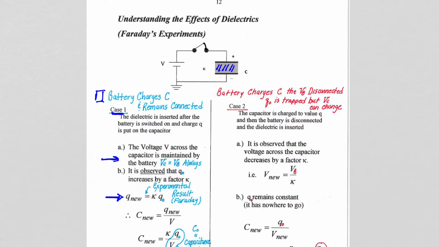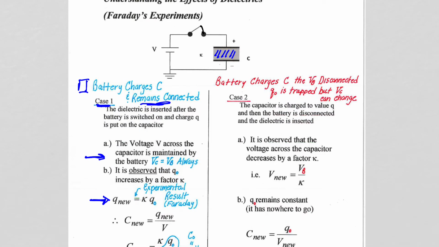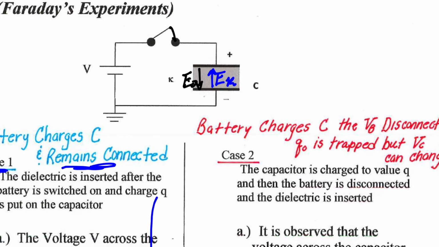So in case one, that's the battery remains connected case. The voltage remains the same because the battery is maintaining the voltage. And we understand that the charge increased because the polarization of the dielectric took the vacuum electric field, right? So that was the electric field from vacuum, and there was a polarization electric field when we inserted the dielectric. Now, this is the electric field from the polarization, so that the net electric field, if we want to think of it that way,